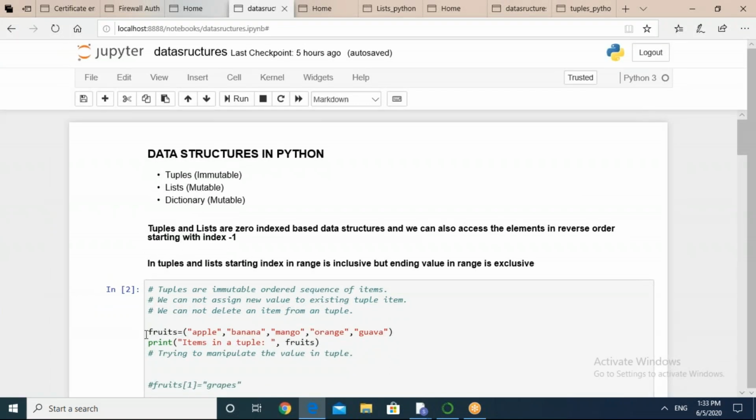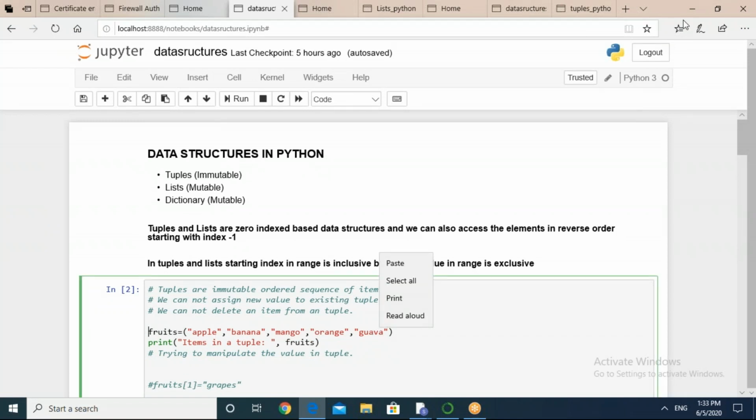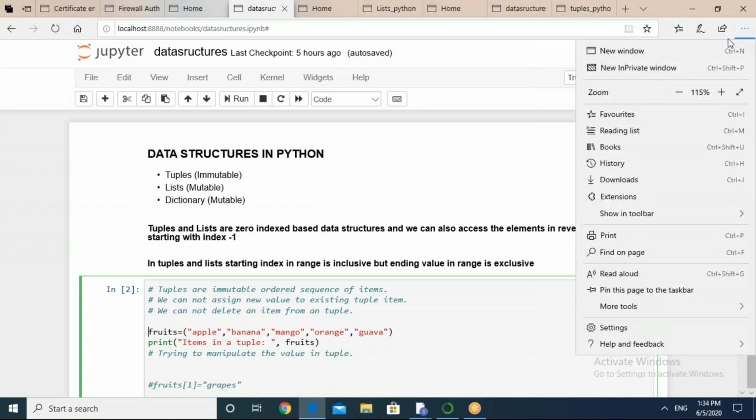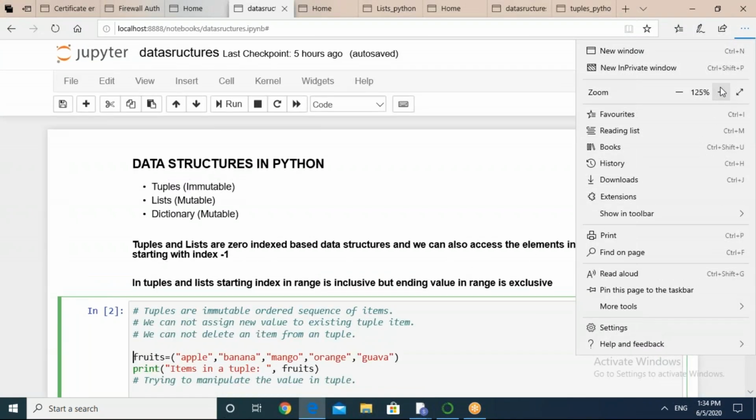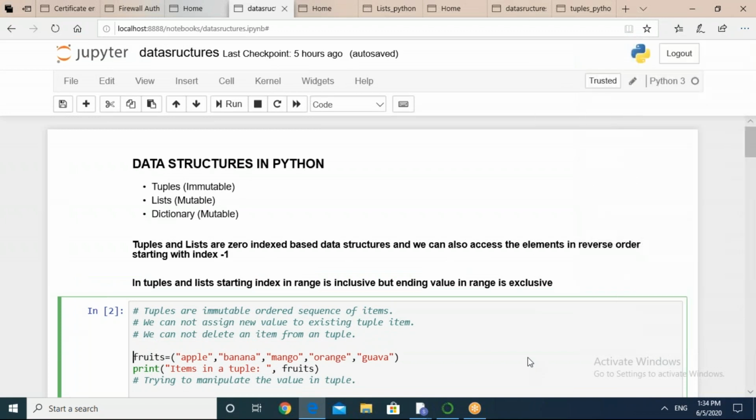The first example is how to create a tuple. So just look at this line. I hope it is visible to all of you.